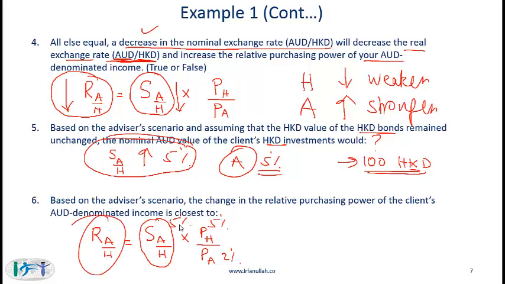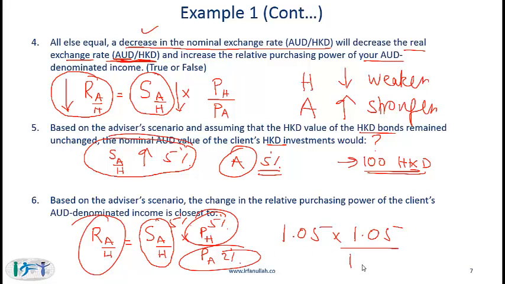This going up by 5% means that 1 becomes 1.05. This price level up by 5% means that again 1 becomes 1.05 and then divided by a 2% increase. So we have 1.02. When you do the calculation, you get 1.0808, which in percentage terms is approximately